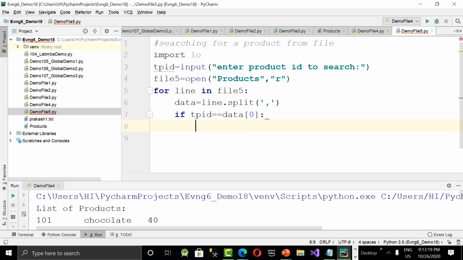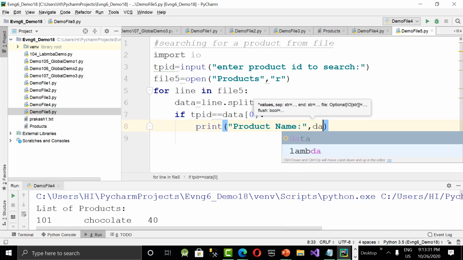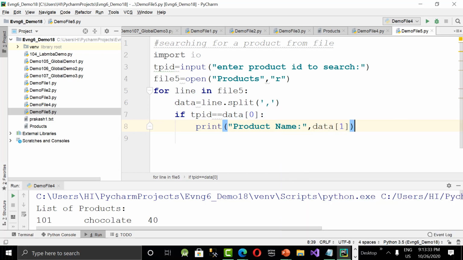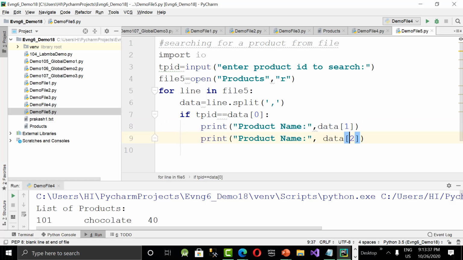The product name is data of 1, the second column. And then I want to print its price also, data of 2, the price of the product. I want to print these two if the product ID is found.